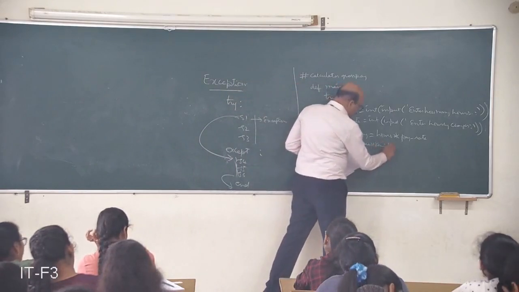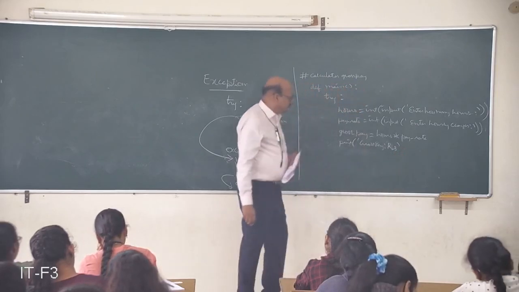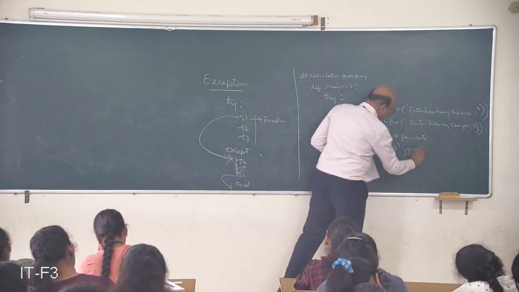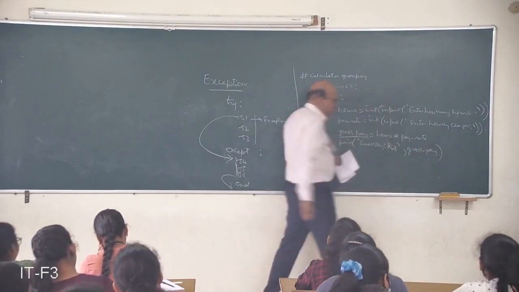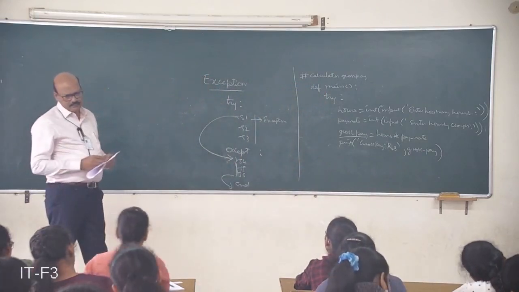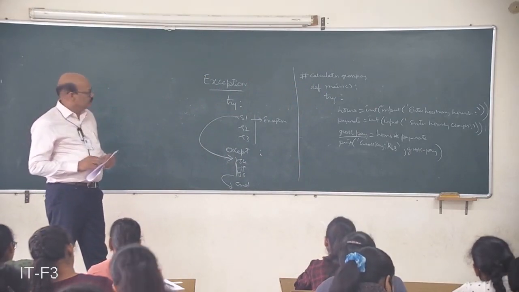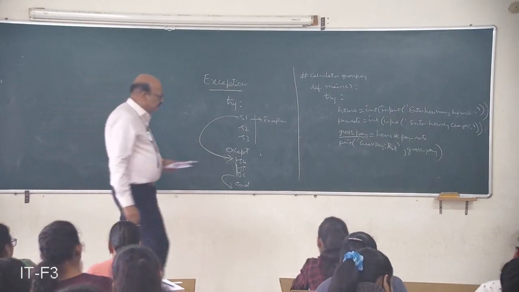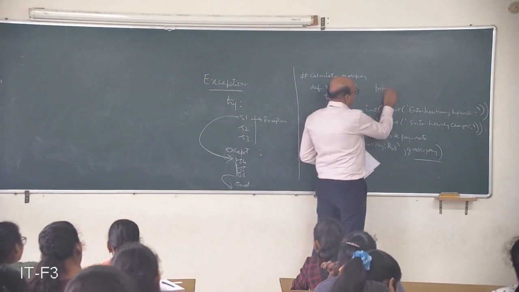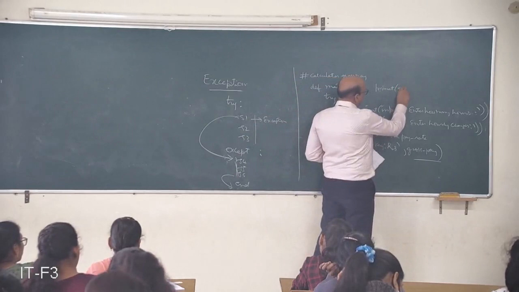Okay, maybe if you want to display rupees also, you just display rupees, gross pay rupees. So already we have calculated. So just display the value stored in the variable gross pay. Now if you want to display it in the correct format, maybe you can write, so format. Okay, so what is the name of the variable? Gross pay.